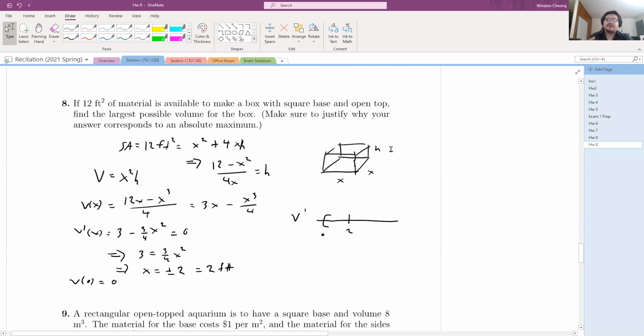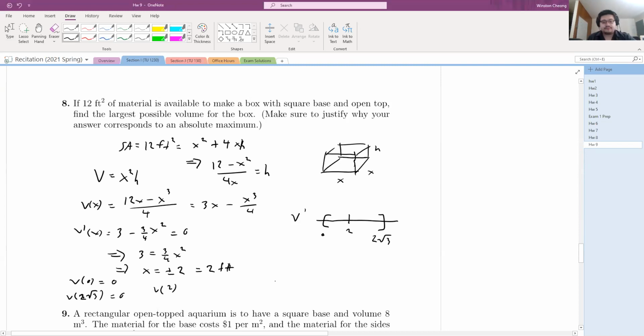Again, you degenerate the rectangular prism, but instead of degenerating the length and width, you degenerate the height instead. That is going to occur by just making the base have 12 square feet, which means that x must be the square root of 12, which is 2 radical 3. And so if we just write that down, v of 2 radical 3 is also going to equal 0 because we have a degenerate rectangular prism